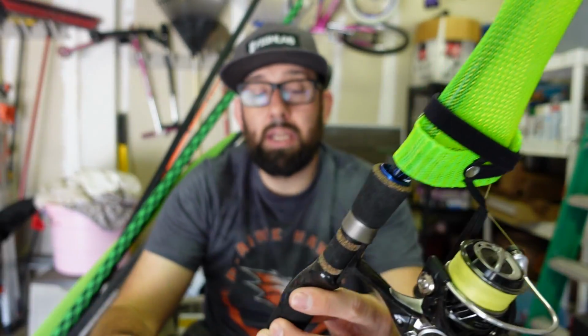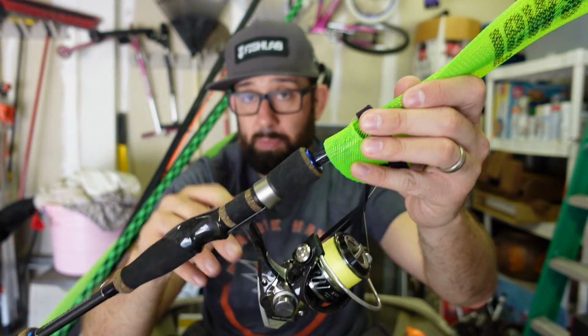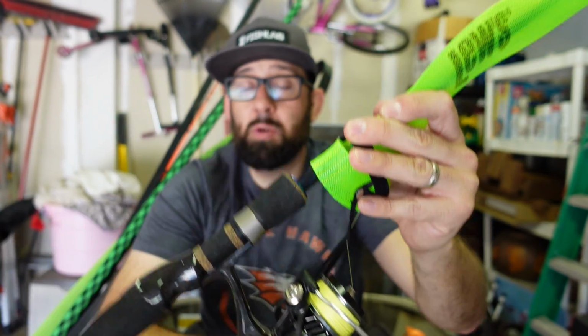So something like the Nico rig, I'm going to throw the Nico wacky rig more. Let's say you throw that 9 out of 10 times you go, you might want to get a second spinning combo literally set up just for that. This is an Okuma combo that I've been trying out. You might want to have one set up literally for that stick bait, Nico, whatever,